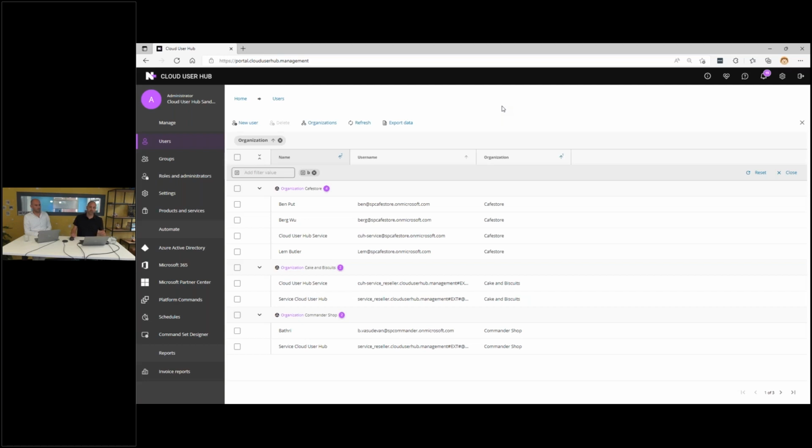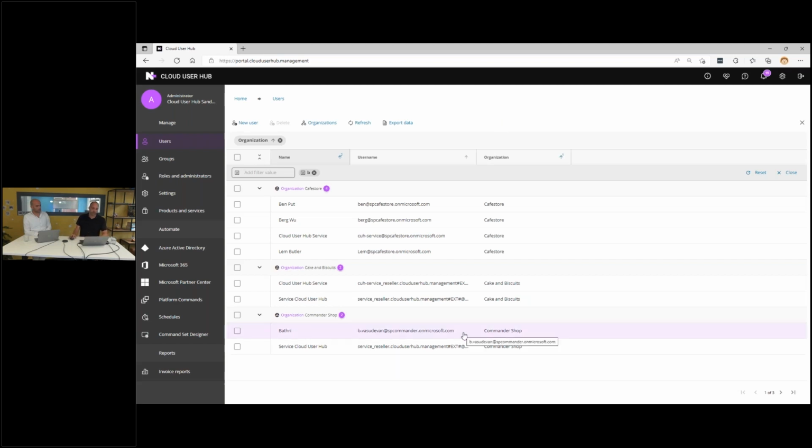Because this view will also be remembered. So think about that service engineer. You probably don't manage all your 200 customers at the same time. That's not something you probably do. So you have your fixed group of customers you need to work with on a day-to-day basis. If you log back into the system in Cloud User Hub, and that's an addition we did recently, we will just keep all the filters and views that you had when you left. So you don't have to populate everything again. So you don't have to dig in all the customers and find them and start searching for things. It's all being remembered as you had it on screen.